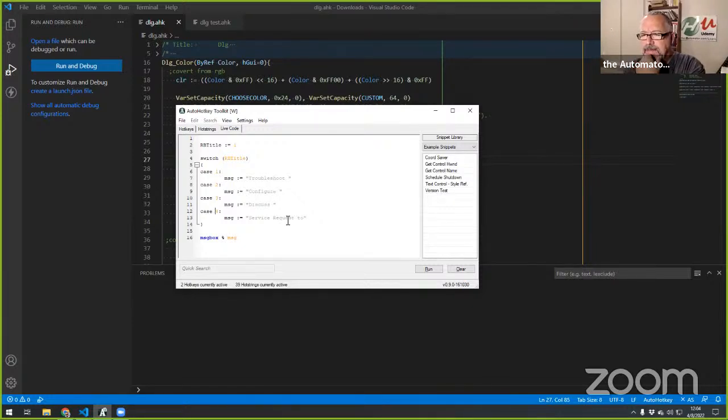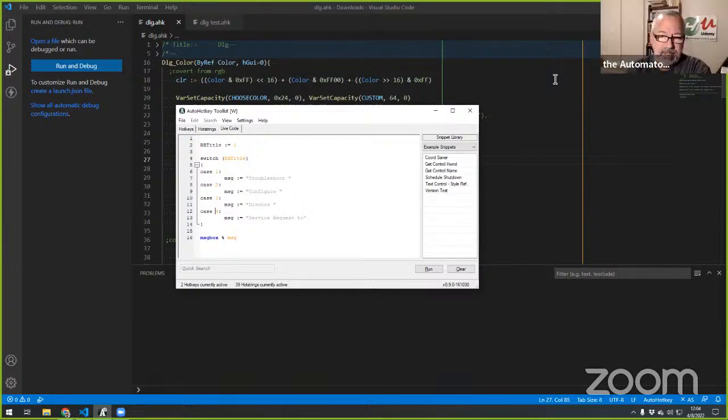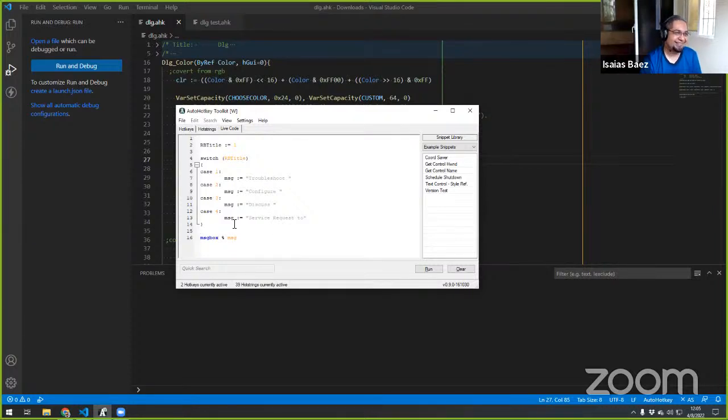Well, okay, I think he did give it. Will David asked, is there a way to add 1 hour to a time that is text? And then he gave an example, but I think the obvious answer is absolutely. AutoHotkey has some great built-in stuff for that. John might be able to answer that one. He has done that, right? Well, I was going to say, Isaiah, which we didn't record, if I remember correctly. Remember the other day you jumped on and you were showing me the differences with the minus and the pluses. Oh my God, yes. And it was a crazy kind of bug that you identified.